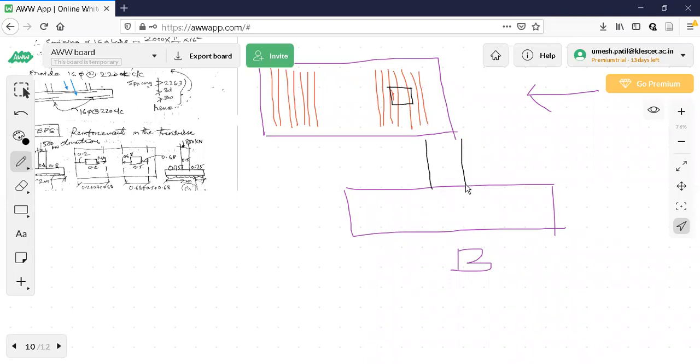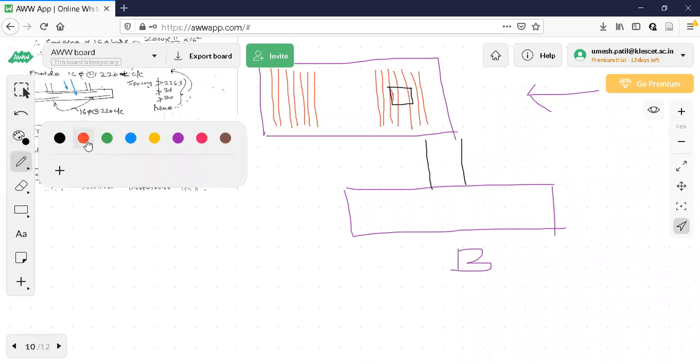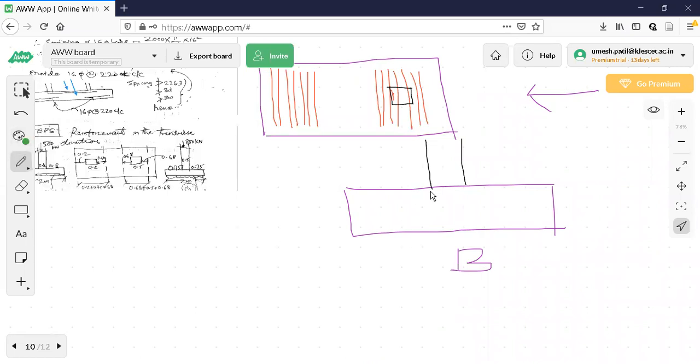Is it clear? You are standing here and observing this side. You are going to see the width of the footing and a column line like this. Now what will happen here is, because of this, the footing may bend in the transverse direction also, like this. Because of this reason I need to provide reinforcement here and here.